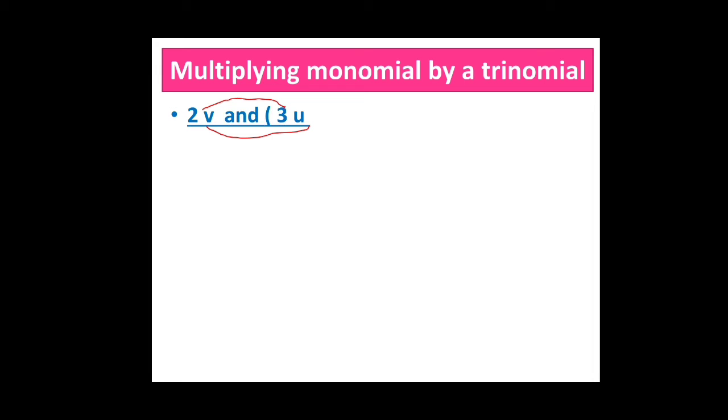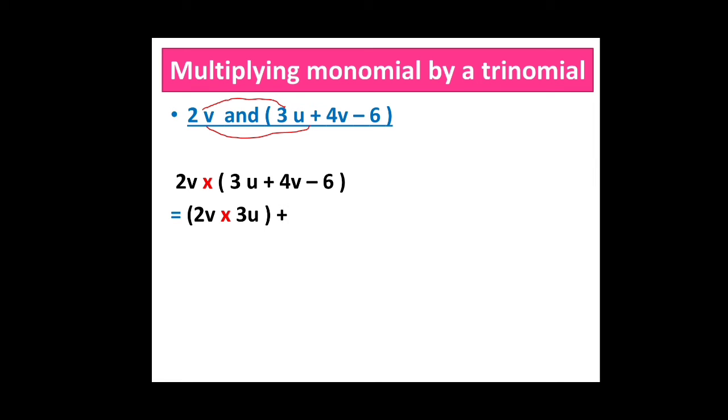Now let us see by multiplying a monomial by a trinomial. Here also we have to take the first term and multiply it with the expression. So 2v into, so we are taking now the product of the two expressions. So 2v into 3u plus 4v minus 6. Next, start doing. So first we are multiplying the first term by the first term. So 2v into 3u